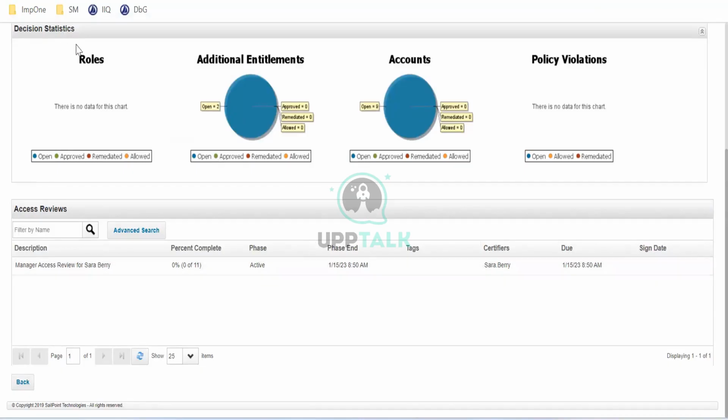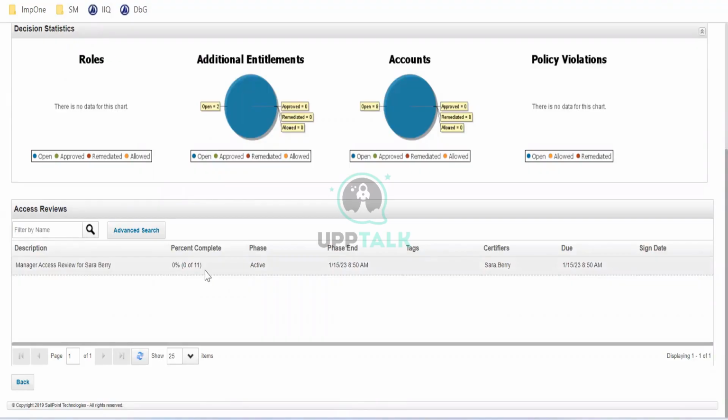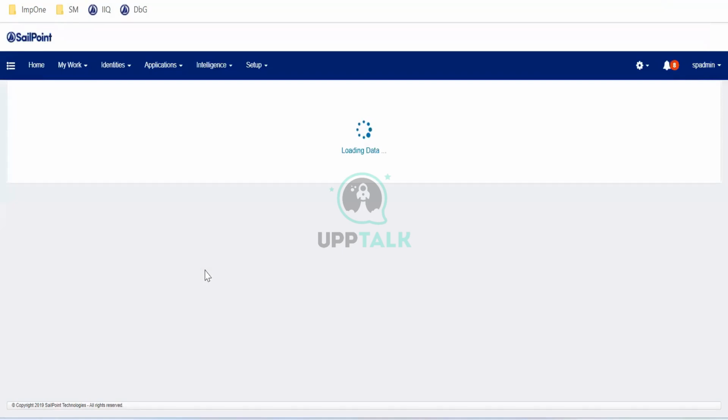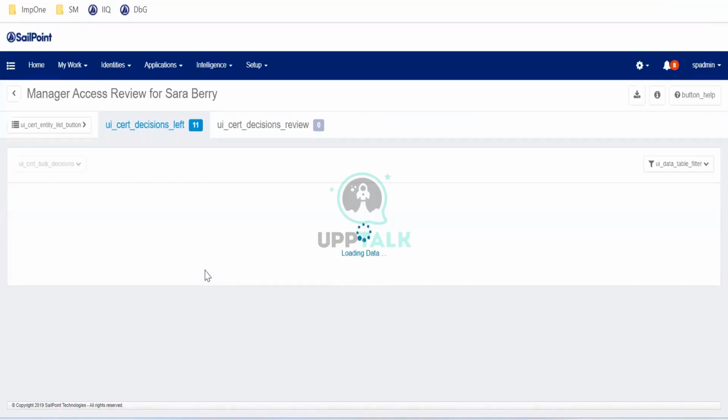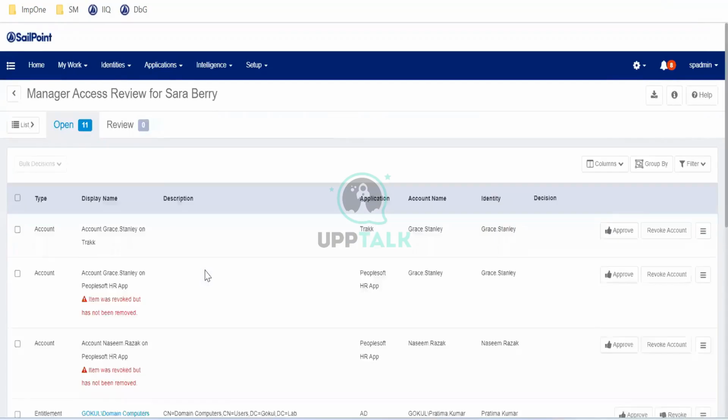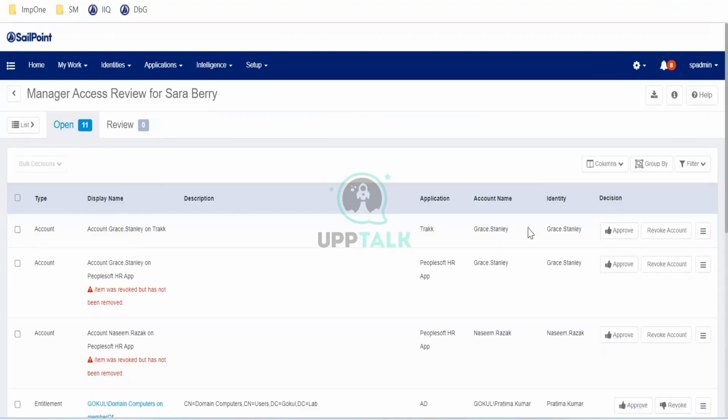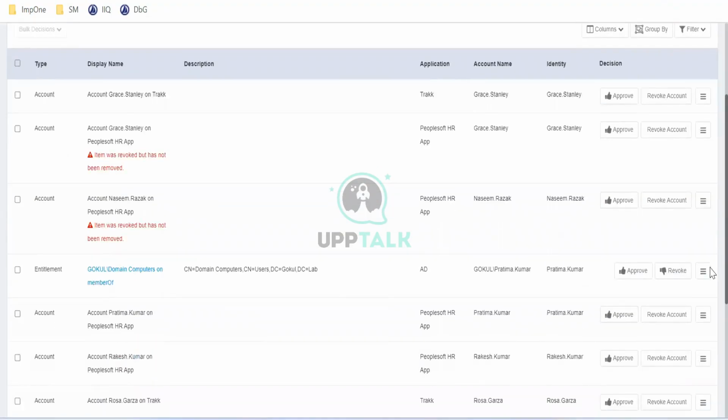After access, there will be generated. This statistic will populate. Only one access review has been generated. But previously, whenever we selected one particular manager, n number of access reviews were generated. That's the difference, because Sarah is a manager, some 7 people are reporting to Sarah, but no one is a manager. Subordinate I'm talking about. If a subordinate is also a manager, then each and every different access review will be generated. Is it clear, guys, what I'm saying now?